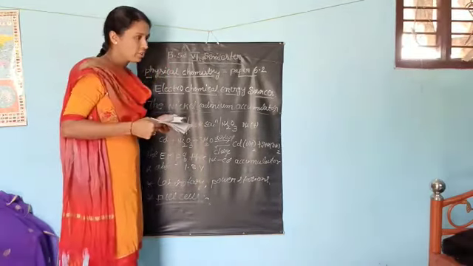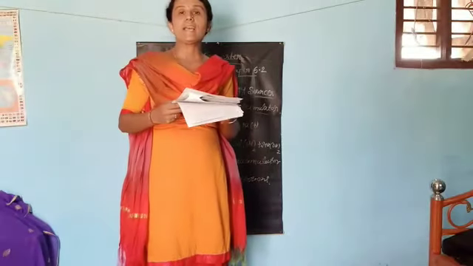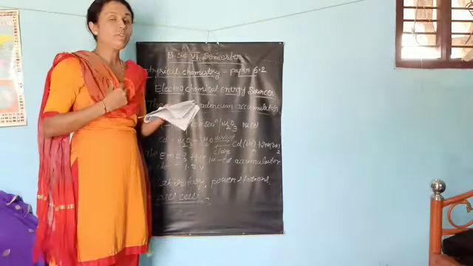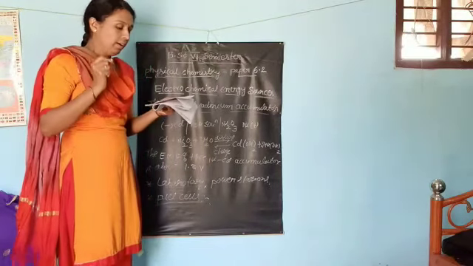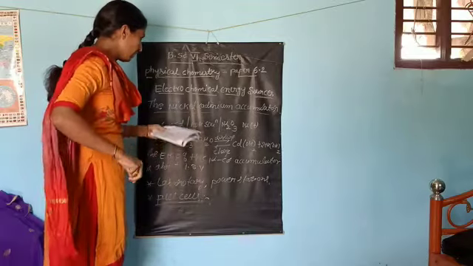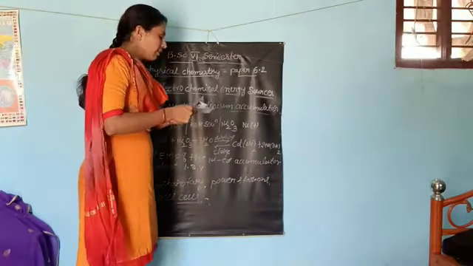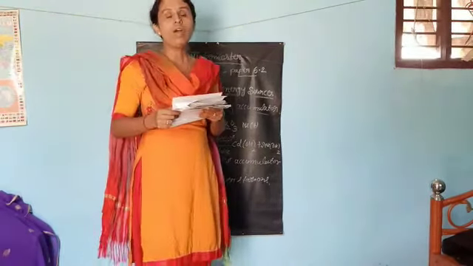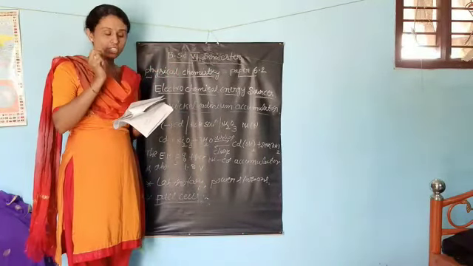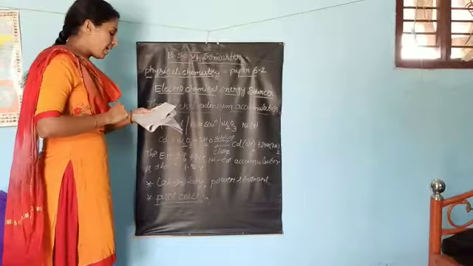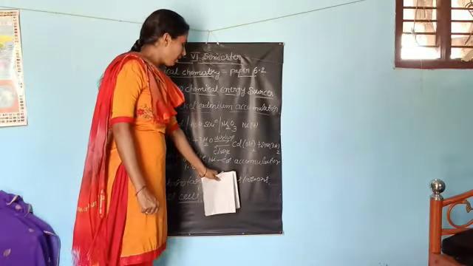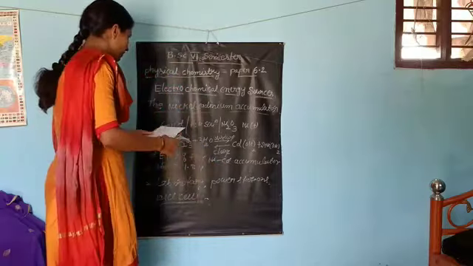Another definition: a fuel cell is an electrochemical or galvanic cell in which the chemical energy of a conventional fuel is directly converted to electrical energy. The fuels used are hydrogen gas and oxygen, and the products of the reaction are water, electricity and heat. That is the main point about fuel cells.